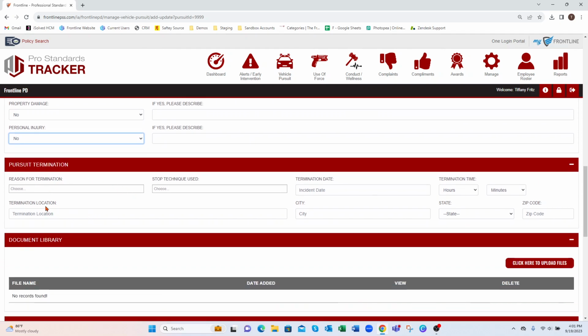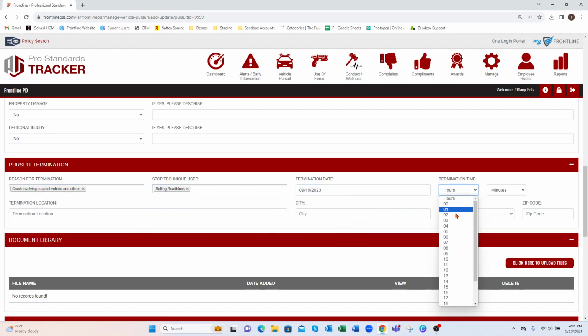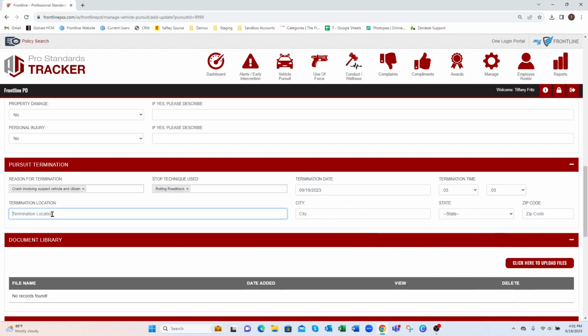The pursuit termination, so reason for termination, the stop technique used, termination date, termination time, termination location,